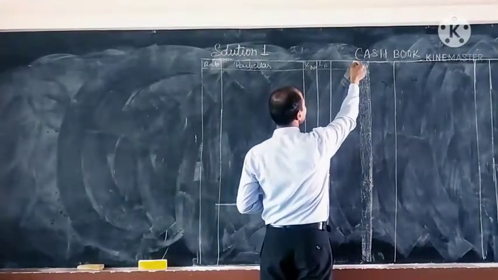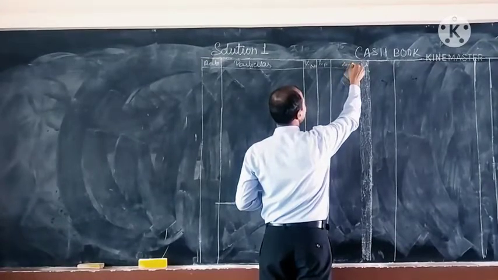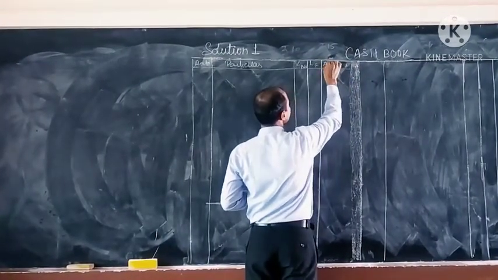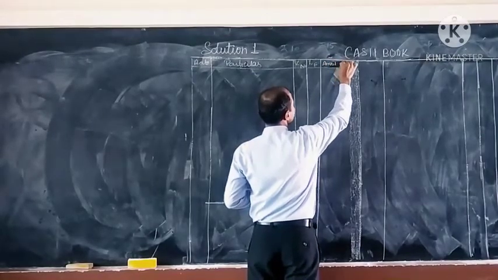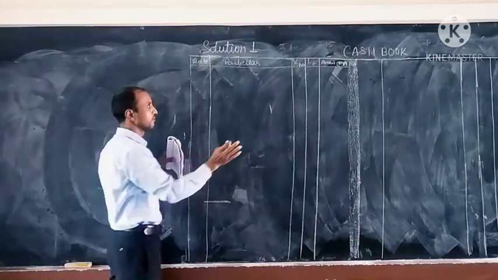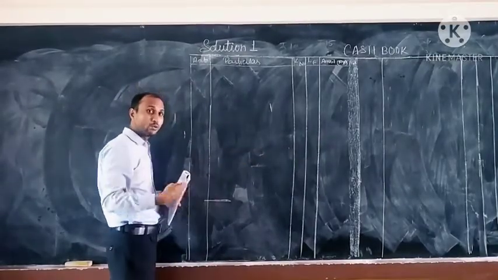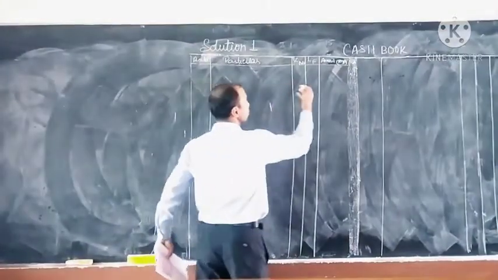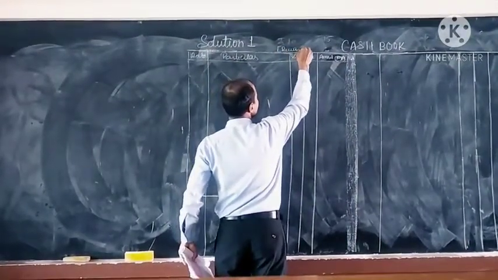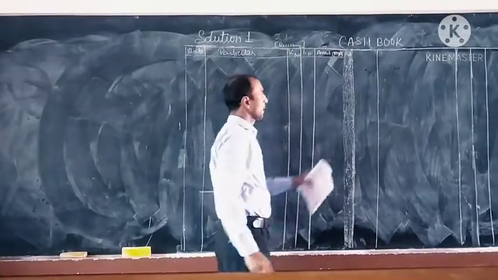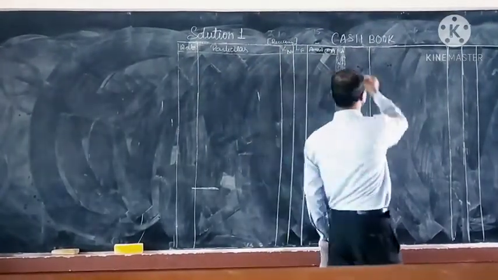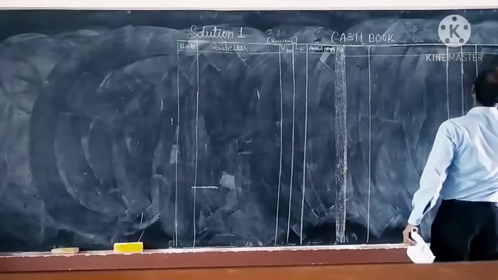And here you will have amount, that is your debit amount. So here amount, and it is debit amount. Is it clear? Whatever money we are going to receive, we will write this side. So its other name is also, this is your receiving column. Here you can understand, this is the receiving column. Is it clear? And after this broad line, on that side, we again have your payment column.